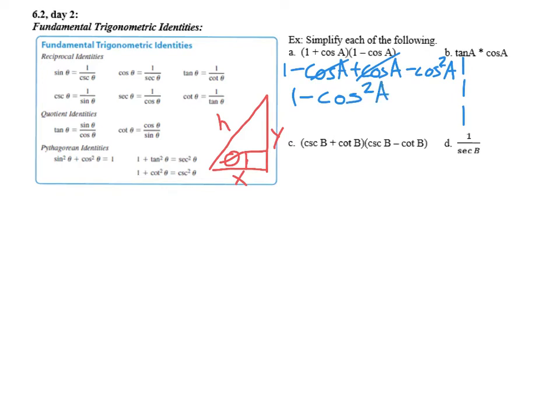I look over to my identities, and basically I'd start with the trig function that I have. Okay, I've simplified this to the point where I've got a cosine squared. I go over to my Pythagorean identities and say, okay, that looks like the only one that fits. But a really big thing to remember is that when you're going to make a substitution with one of the identities, you can rearrange the terms in the equation. For example, if I were to subtract cosine squared